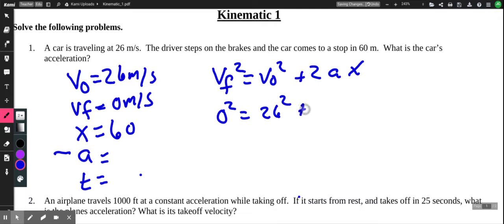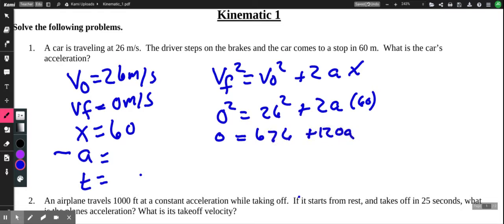We square that, plus 2 times A times X, which is 60. So when we put this together, we get 0 is equal to 676 plus 120A. So A is equal to 676 divided by 120, which gives us a value of 5.6